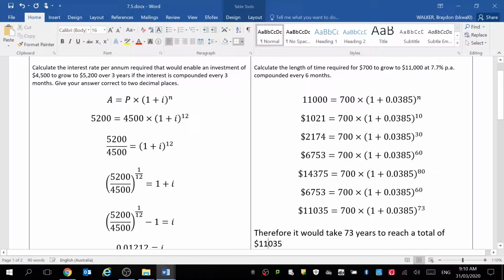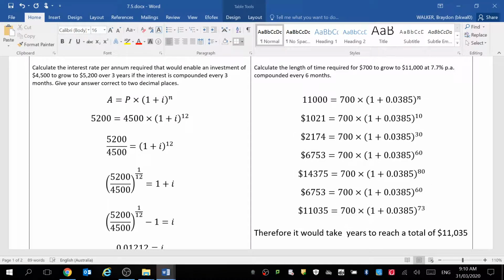that would be incorrect. And the reason that would be incorrect is, remember that this n value that we originally had is the total number of compounding periods. Reading this question, just like we changed the rate to 0.0385, this compounding every 6 months affects our n value. What we have to do is take that 73 divided by 2, and what we would get is 36 years and 6 months. So 36.5, 0.5 of a year is 6 months. So yeah, that's how long it takes for that $700 to grow all the way up to that total of